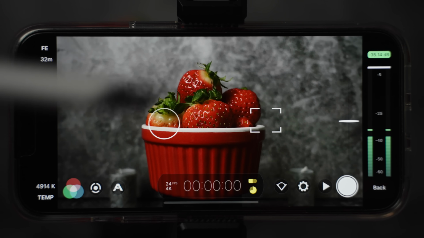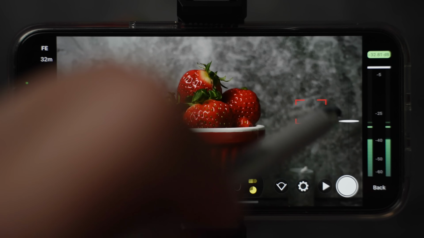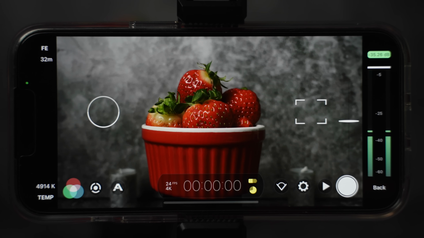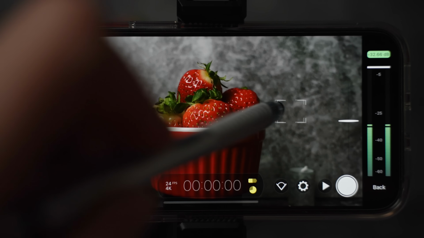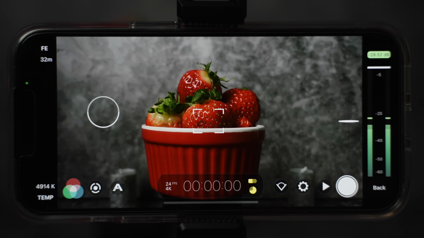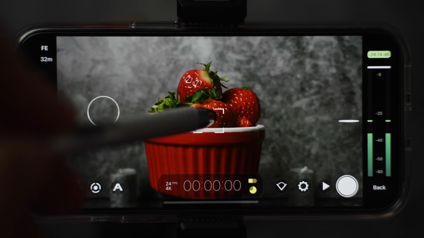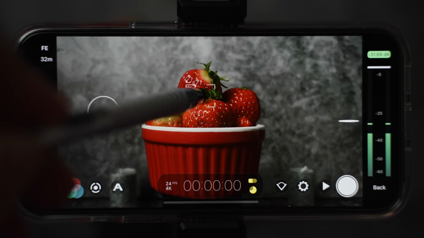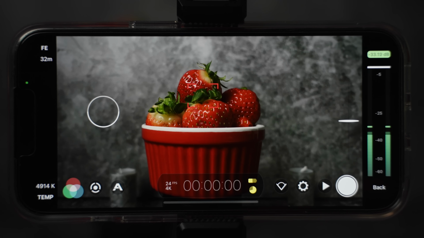First, you always want to set your focus. When it is white, it is unlocked. When you tap and it is red, it is locked. If you are filming a subject which is moving, leave the focus unlocked over the subject for continuous focus. If you want to have a specific object in focus as you are moving yourself, then you lock the focus